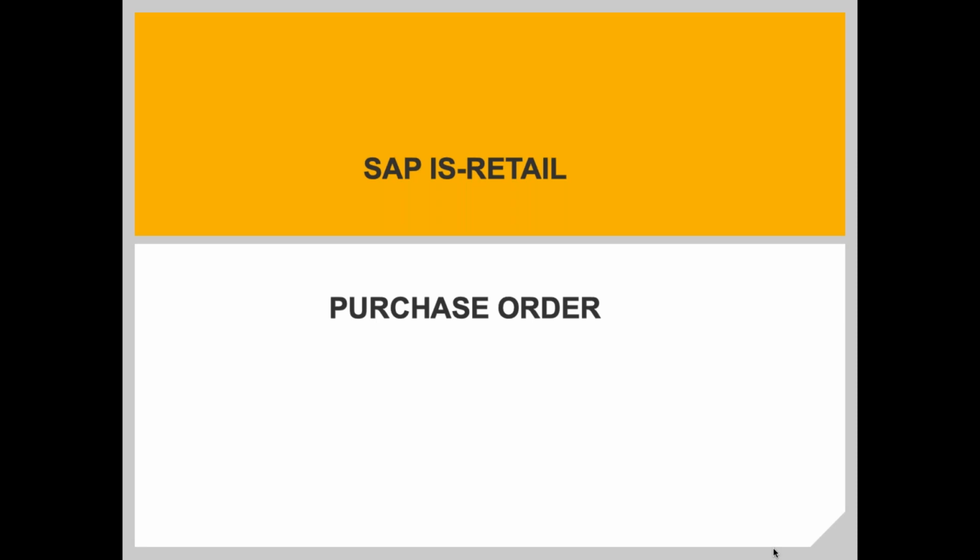Whereas for DC, it will not be an import, but it will be local. It will be more or less like a local procurement only, right? So that's how it works. So in that sense, first, we start the procurement process with the document called purchase order. The purchase order is a legal document which entitles you to order procurement from a vendor.